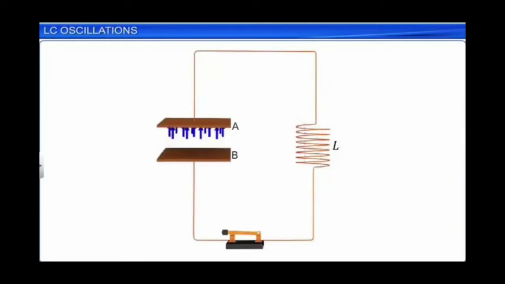With that current, the capacitor gets charged in the opposite direction. That is, now plate B becomes positive and A becomes negative. As the capacitor gets charged, the current in the circuit decreases. Finally, when the capacitor becomes fully charged in the opposite direction, the current in the circuit becomes zero. Now, the capacitor gets discharged in the opposite direction. That means the capacitor starts sending current in the opposite direction, that is from B to A through the inductor